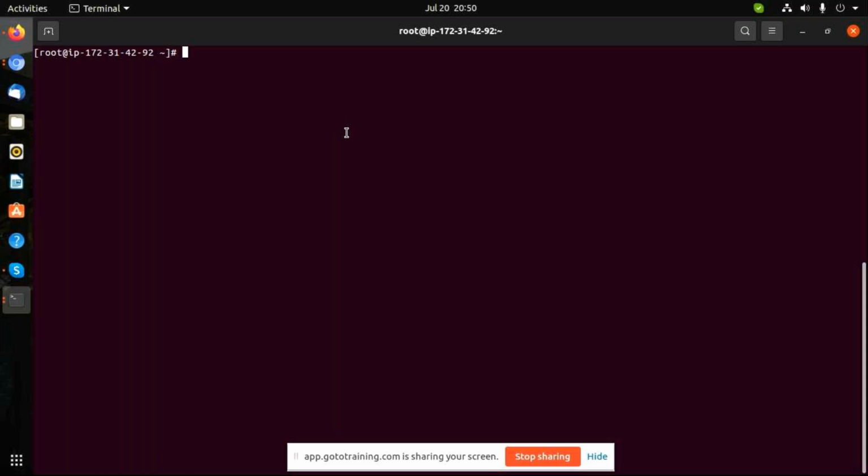In Windows, simple, right click, new folder. Here, everything is command based, guys. Now cd space slash, enter. Okay, do ls now.